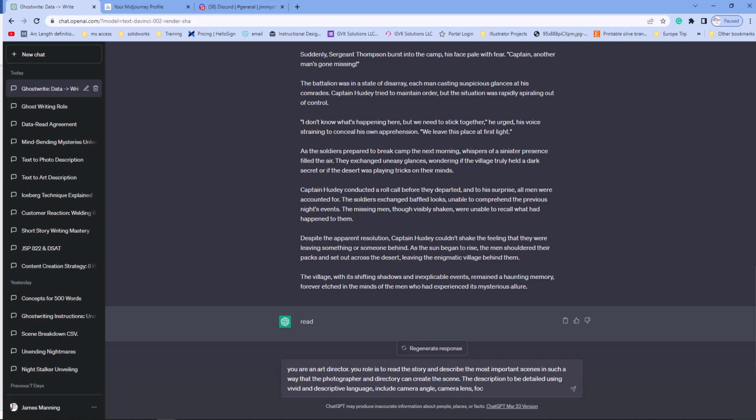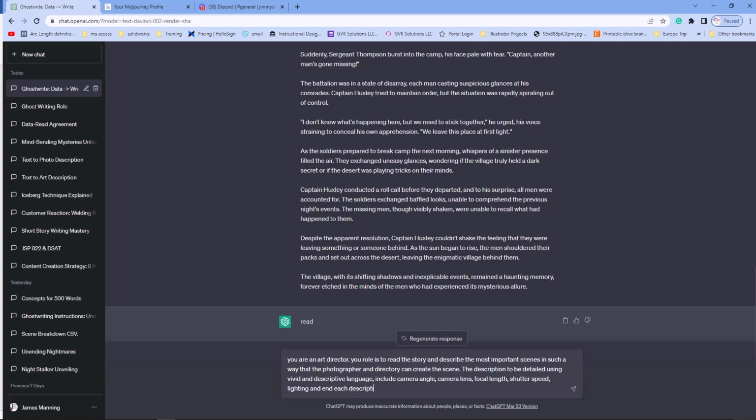We want the focal length, can't spell here, length. Let's see, shutter speed, lighting, and